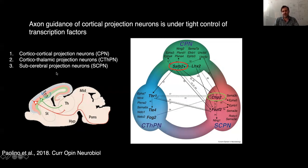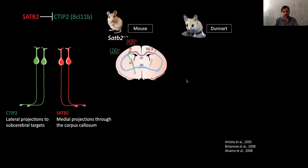So these three main populations of cells are also controlled by different transcription factors. So here I'm highlighting SATB2 and CTIP2 because we know that they interact to direct callosal neurons. In the case of mouse, we know a lot about the role of SATB2 in specifying callosal neurons, and CTIP2 specifying subcerebral neurons or corticofugal projections. So from the literature, we know that SATB2 inhibits CTIP2, and that CTIP2 would project laterally to then join the internal capsule, where SATB2 positive neurons project medially in the mouse to form the corpus callosum